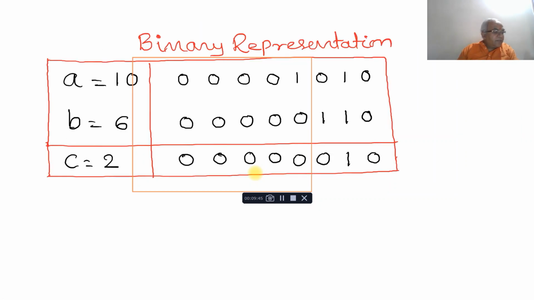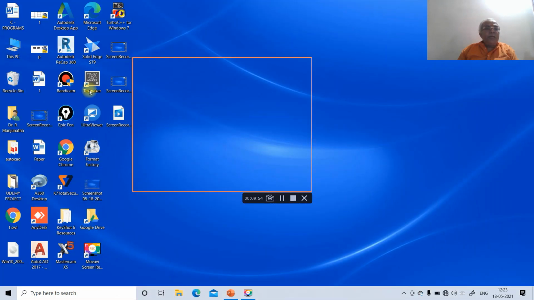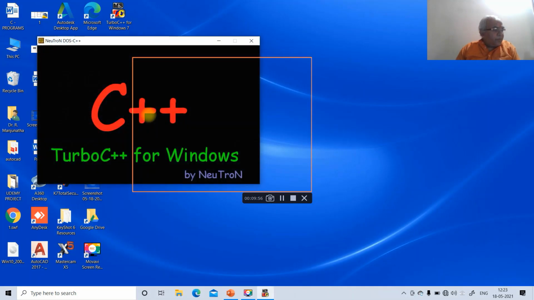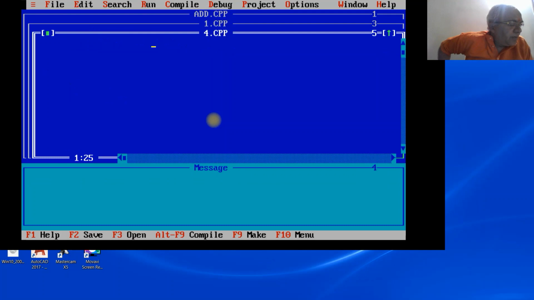Now to see this with a small program, we will execute it using a C program. To do that, first we will go to Turbo C. Then we will write a small program for this, to see how the bitwise operator functions. So to do that, here first we will have